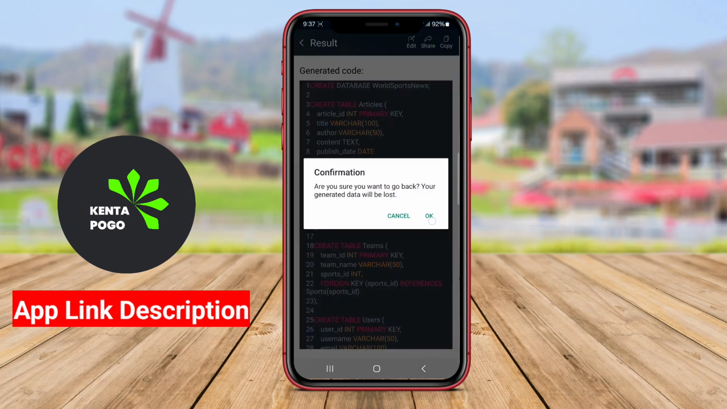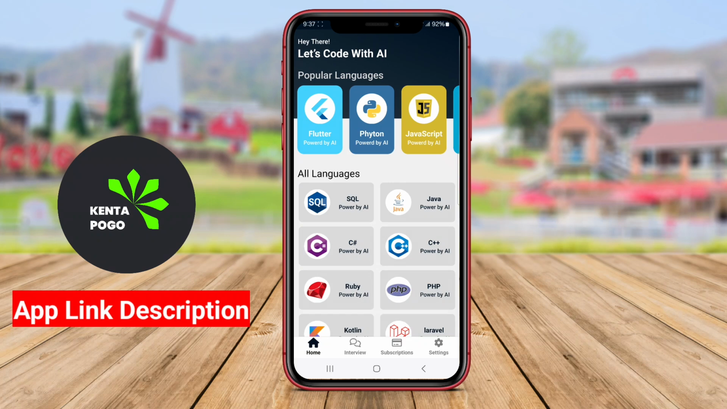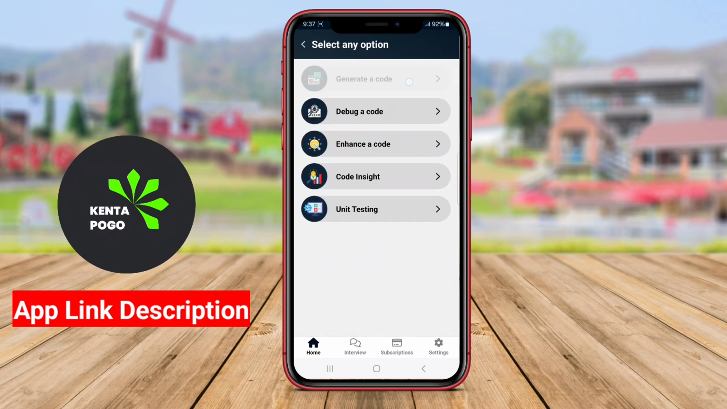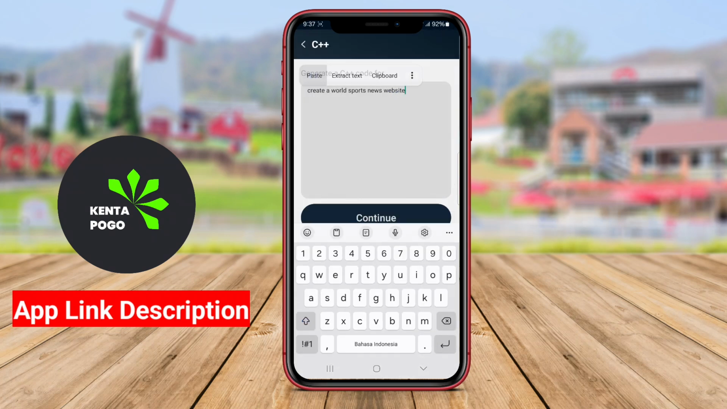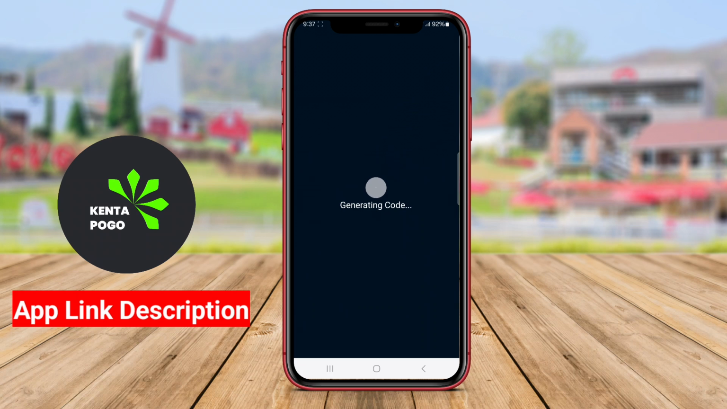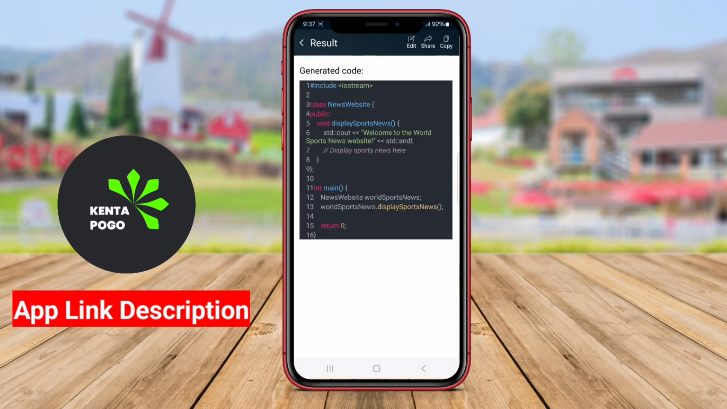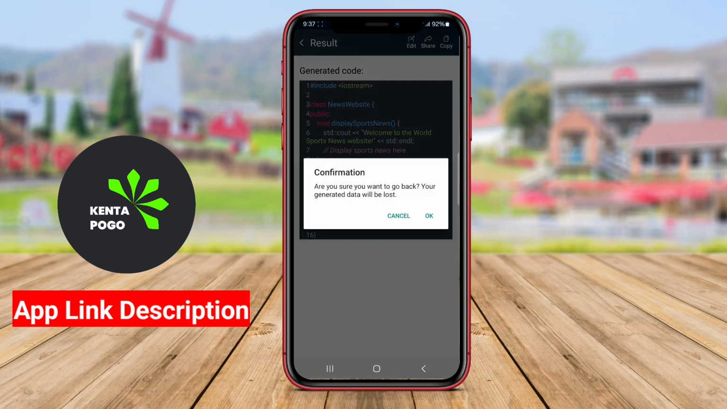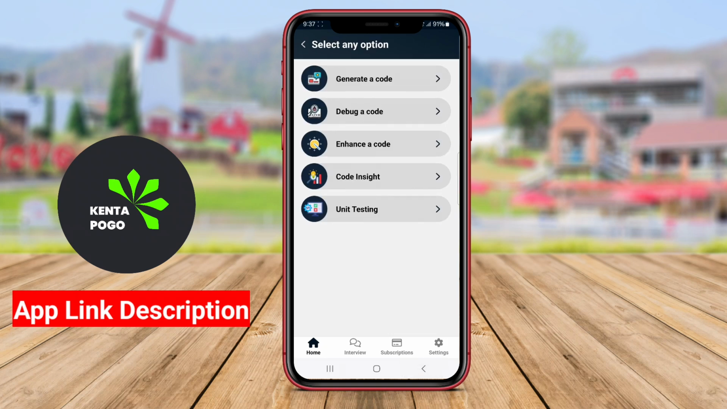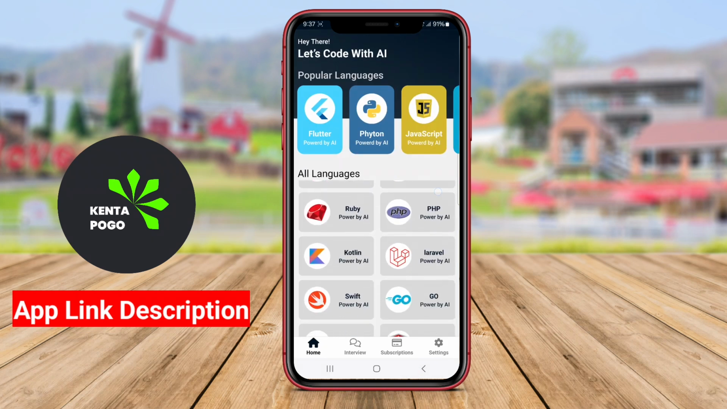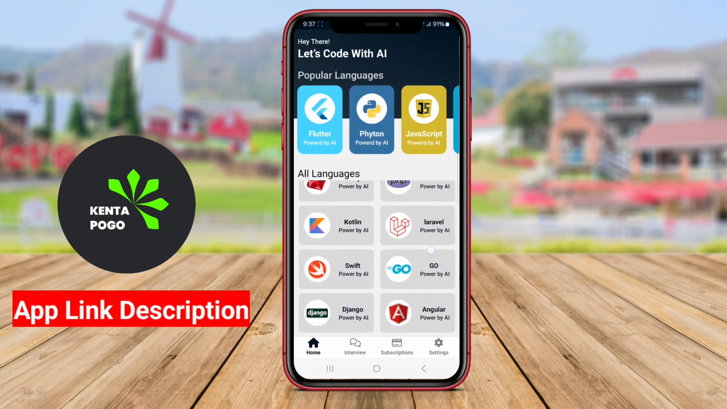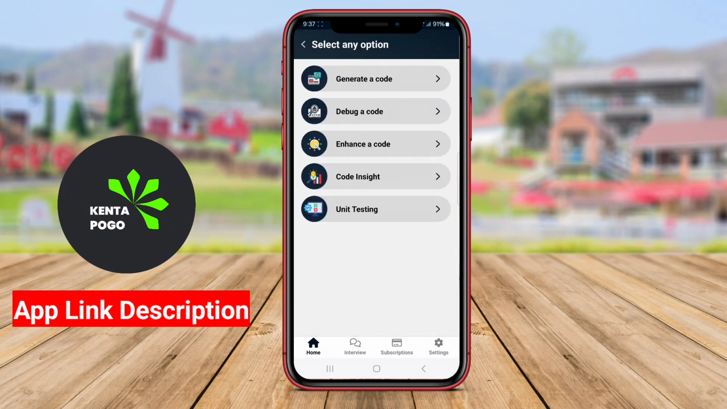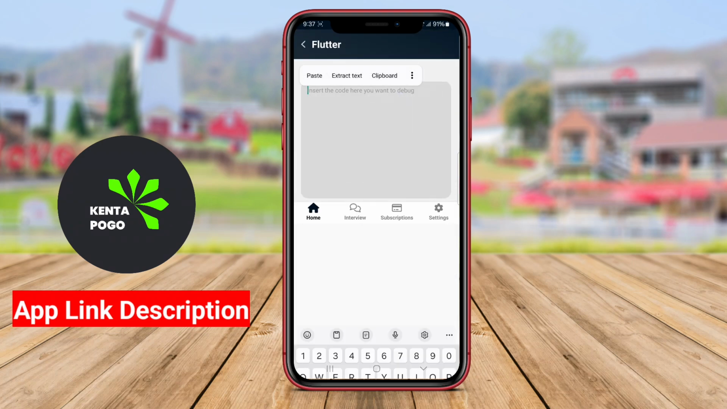Users can input their coding requirements or queries, and the AI analyzes the context to deliver relevant code examples, corrections, or alternative solutions. This functionality not only helps users learn coding best practices, but also accelerates the development workflow by minimizing repetitive tasks. The app supports multiple programming languages, making it versatile for various projects, from web development to app